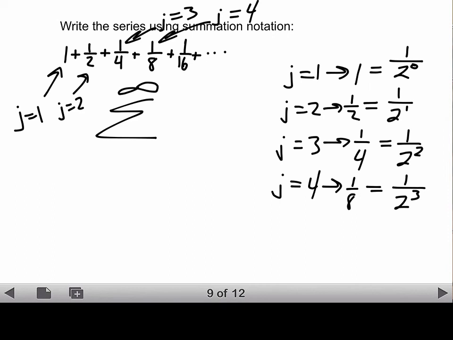I could say that j starts at 1, and our terms are 1 over 2 to the j minus 1 would give me 0 for the first exponent in the denominator, and then when j is 2, it would give me 1 as an exponent in the denominator,